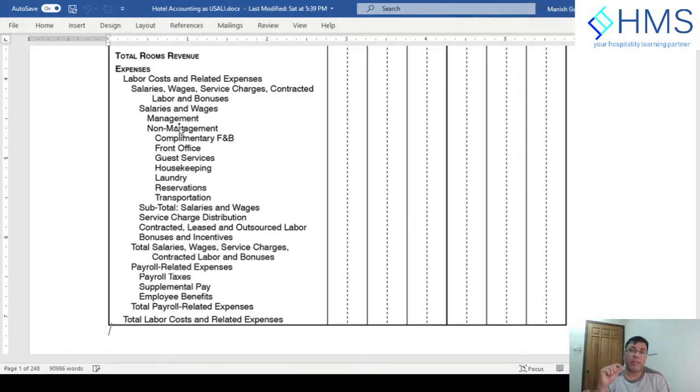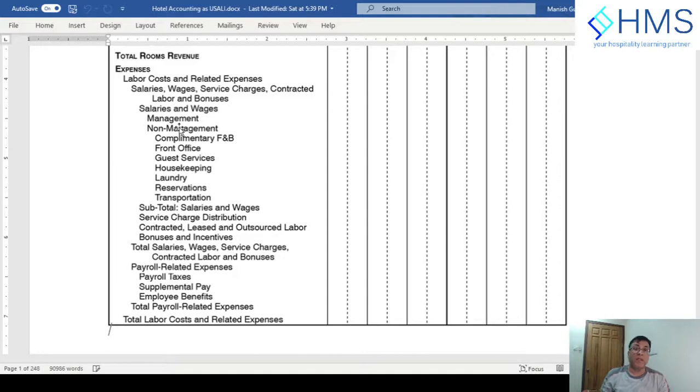Service charge distribution, as per IFRS 15 and as per IFRS and many GAAP, generally accepted accounting principles: when the hotel is collecting the service charge, and the service charge is not discretionary for the guest to pay but mandatory to pay, that will form part of revenue. But in those hotels where the service charge is distributed 100% or 90% or sometimes 50%, depending on the hotel policy or country practice, it is returned to the staff. So in that case, the service charge which is distributed to the staff will be separated out